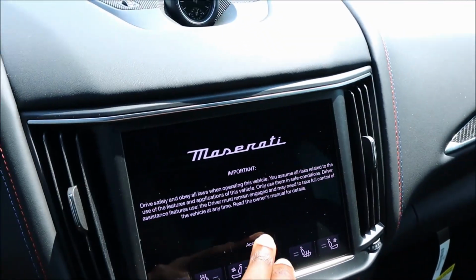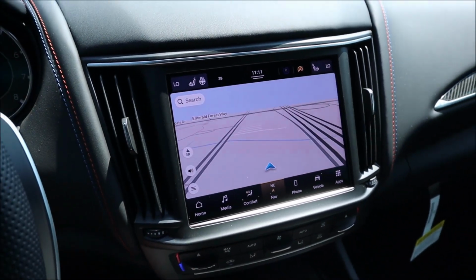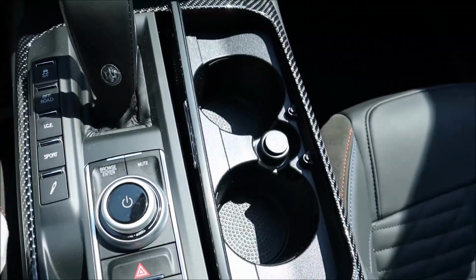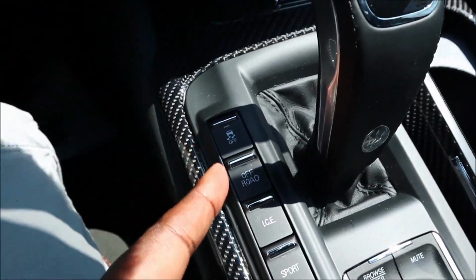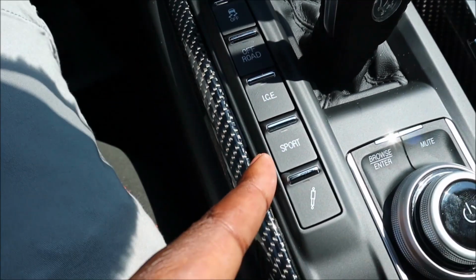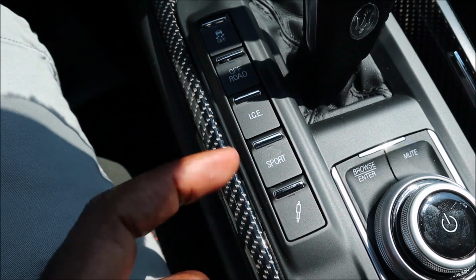You have the Connect 5 system here, just a smaller screen, 8.4 for the Levante. HVAC controls, again, your charging here. Cup holders are hidden under here. We have our traction, off-road, ICE, which is increased efficiency for our driving mode, best fuel economy. Sport opens up those valves, and you get a little bit of sound. I already had it in sport because I wanted it